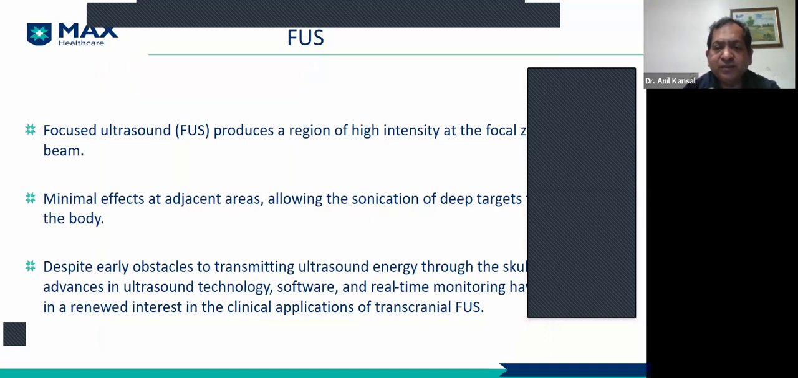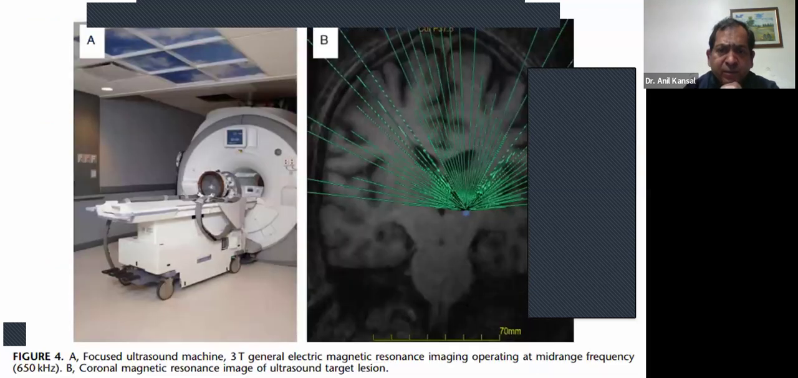This is also in use. We are making lesions, like in Parkinsonism and in dystonia, which we can do by ultrasound. With MRI guided ultrasound, we can make a focused lesion where we want. But still, I'll advise Parkinsonism is best treated by the DBS method, deep brain stimulating electrodes. We put it